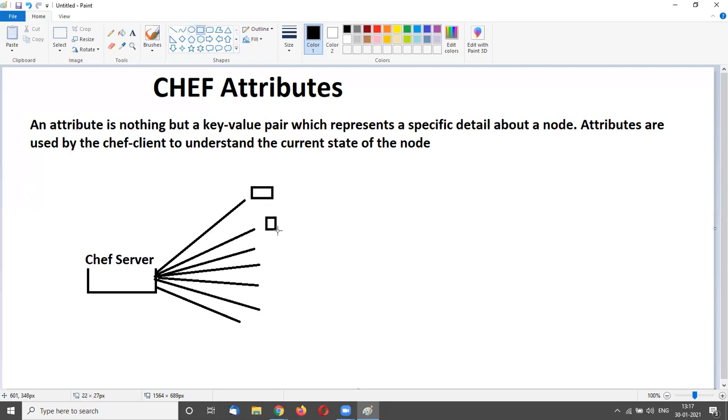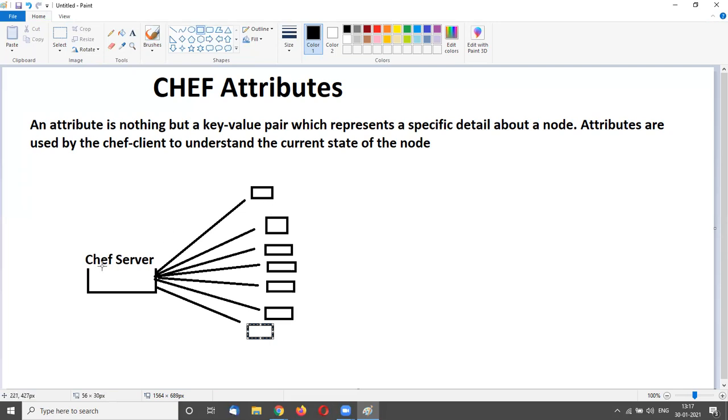All 50 nodes have different IPs, different host names, and also some different configuration. So why do we need a key value pair or the attributes? Machine one has a different IP, node 2 has a different one, node 3 has a different one.